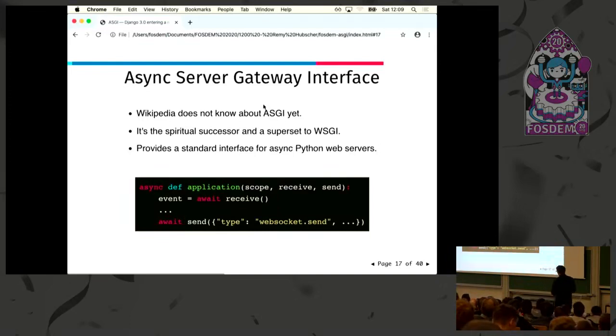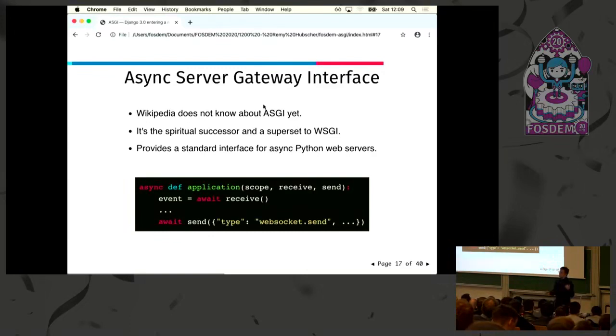So the main difference with WSGI is that the application is now a coroutine, an async Python function. So it comes from asyncio. It takes a scope that will live for the connection of the user.